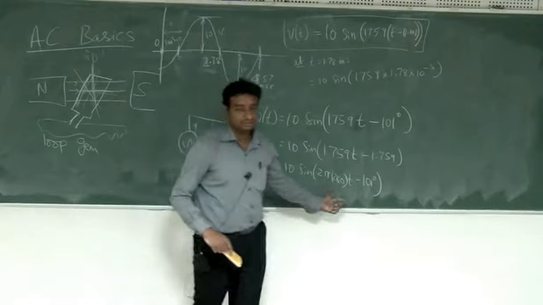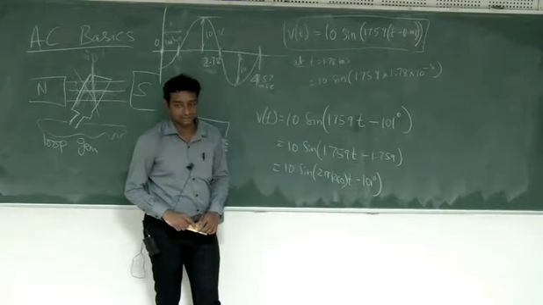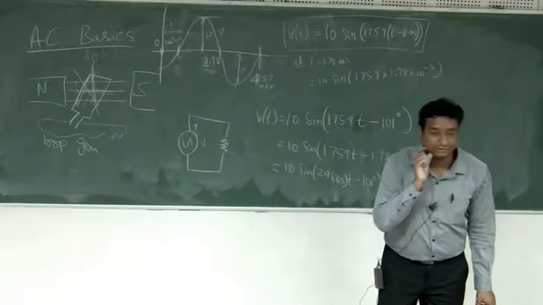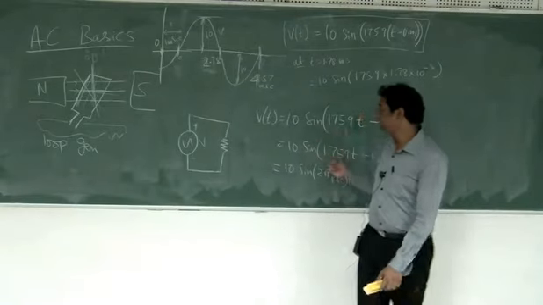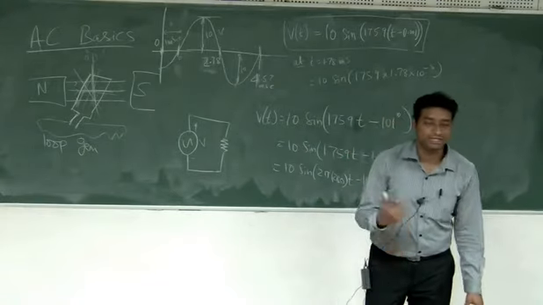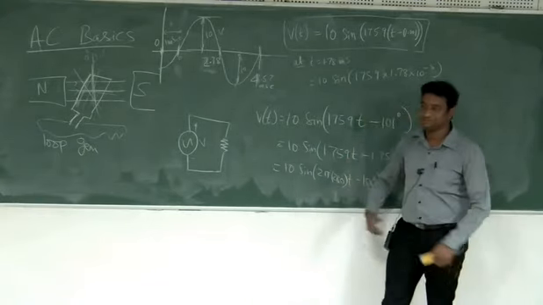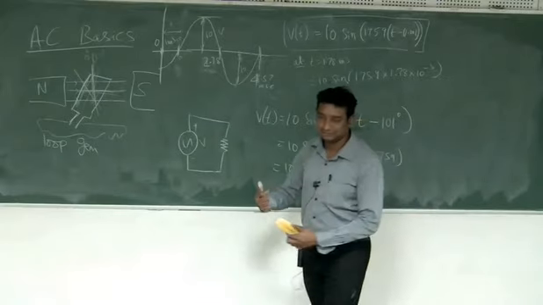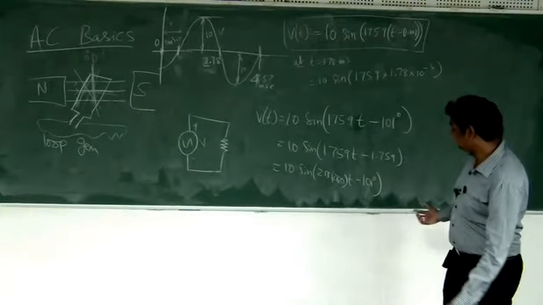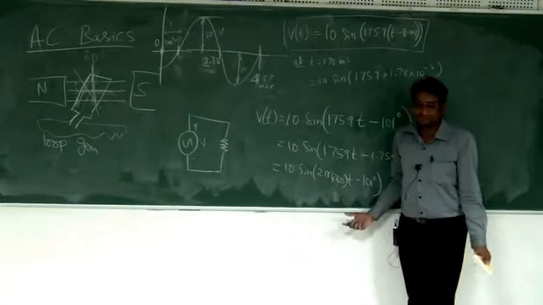So this is how you will normally find the way it is represented. When you are working with AC, you will find a lot of equations like this. So don't get confused. Some textbooks use all radians. Some textbooks use a mix of this. So it depends on the person also. Even so, I like this kind of thing because it's my preference.